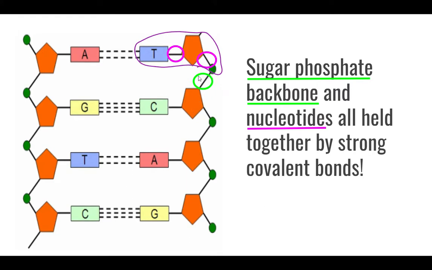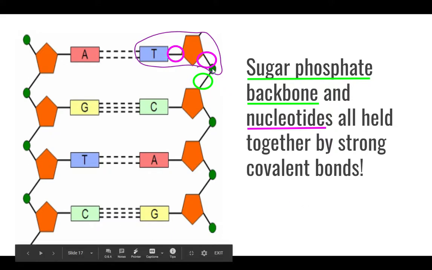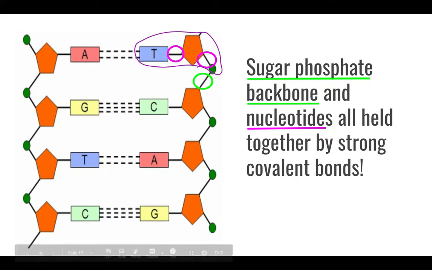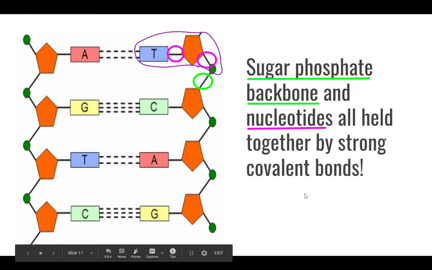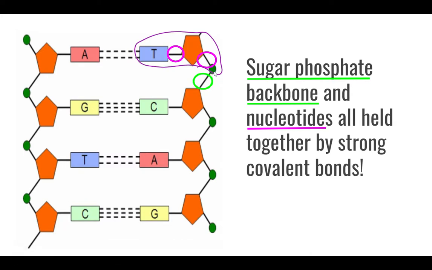And that new bond that forms as we add these nucleotides is what I've circled for you in green right there. Now, this has a special name. It is called a phosphodiester bond, based on where it forms in the molecule. I'm not going to make you responsible for that, but just in case you ever come across that word, don't let it throw you off. It's just the special name for the covalent bond that attaches one nucleotide to another